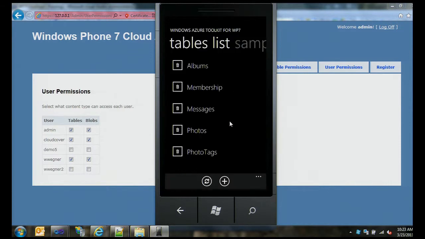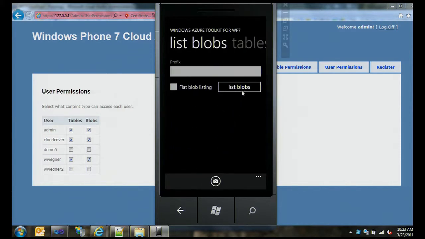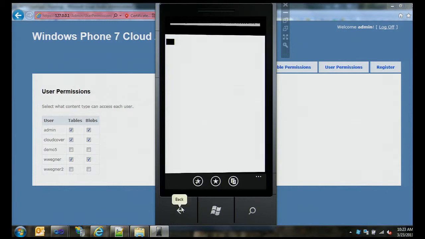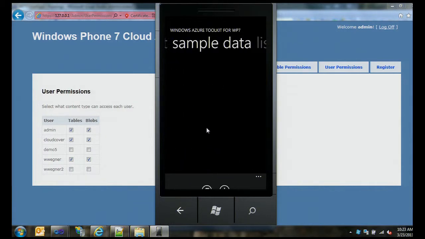Now let's go here and list it out. And there's the picture. Steve's funny. Yep. So this could be really compelling, and there are plenty of apps that involve taking pictures and